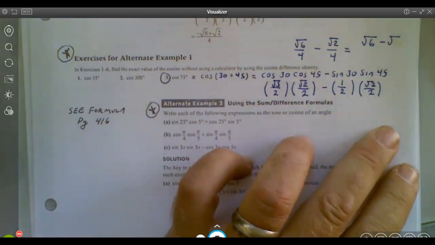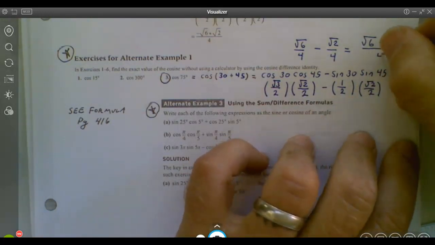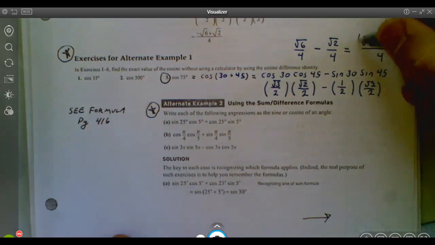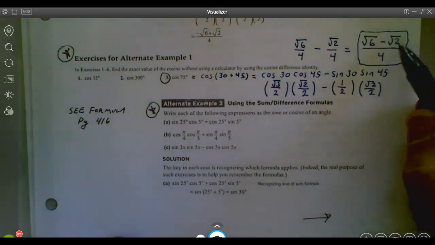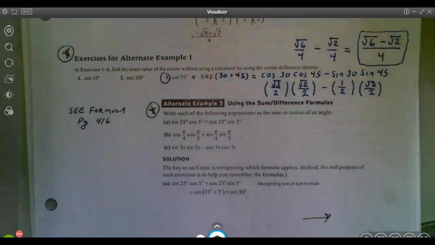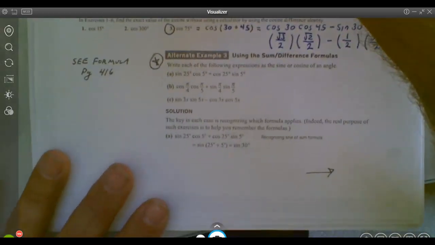Keep that denominator as a 4. And so this would be the best way to write that answer. So remember, you are not allowed to add or subtract radicals that are not the same radical. So those guys cannot combine together. So that's just as simple as we can make it. All right, so we're going to jump on down here